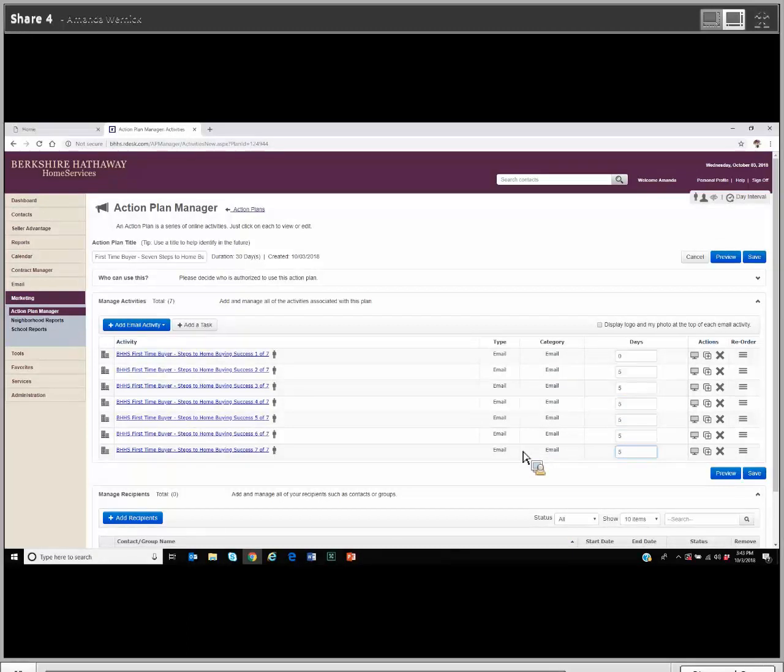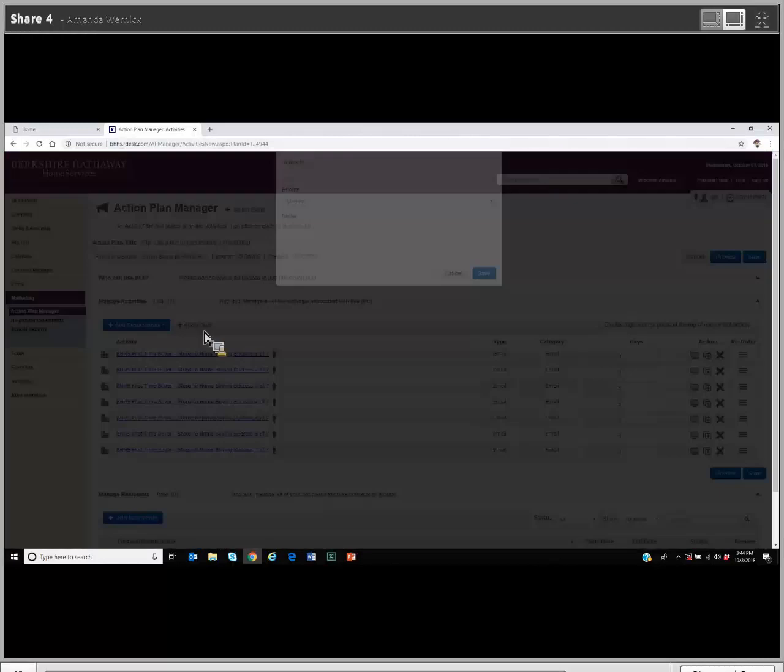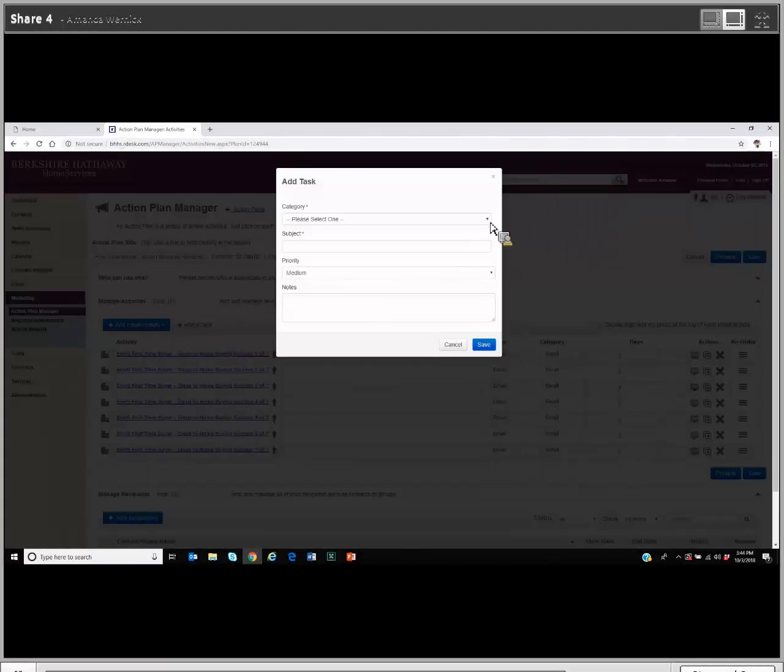There are lots of options for customizing each of the action plans and maybe even adding an attachment, but you'll learn about that at our live session. You can add a task to remind you to call the person midway through the plan or to remind you with a text or an email when the plan ends. Just click Add a Task,